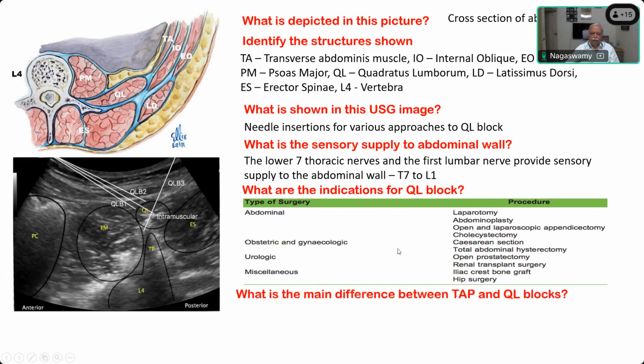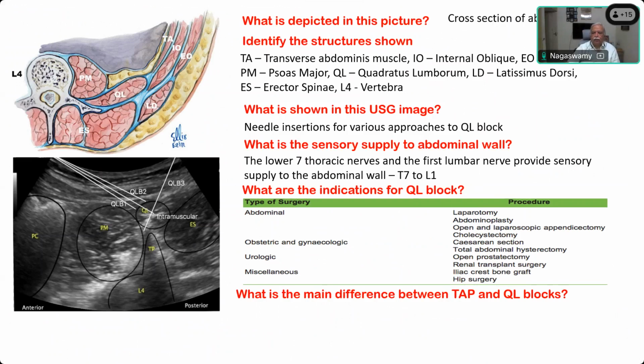Okay. What is the main difference between TAP block and quadratus lumborum block? TAP block covers anteriorly. It does not cover the midline areas. Any other answer? TAP block, can you do cesarean? Only sensory, yes, sir. Somatic sensation only will be blocked by TAP block, whereas visceral and somatic will be blocked